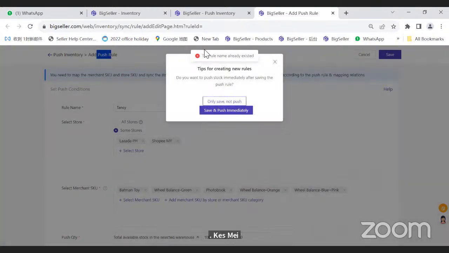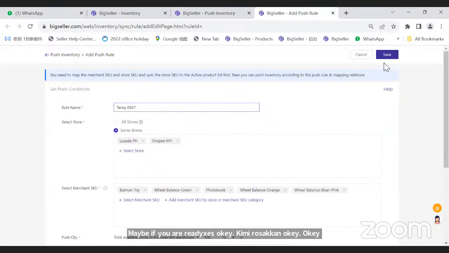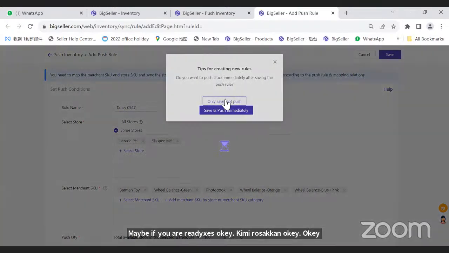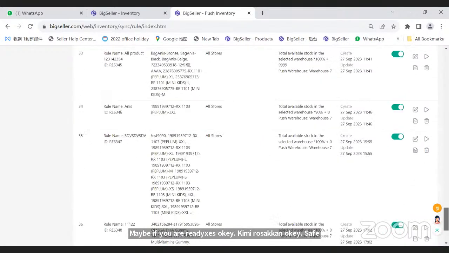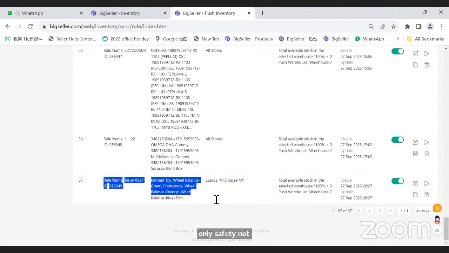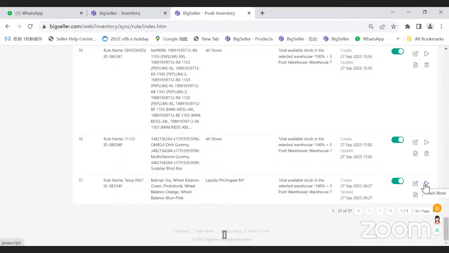Because maybe if you already exist. Okay, give me a second. Okay, save. Only save, not push. So this rule is already saved in my listing. Already saved in here. So before I click push now, we recommend the user to have a check of